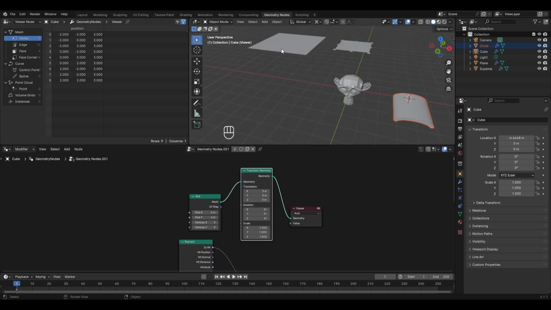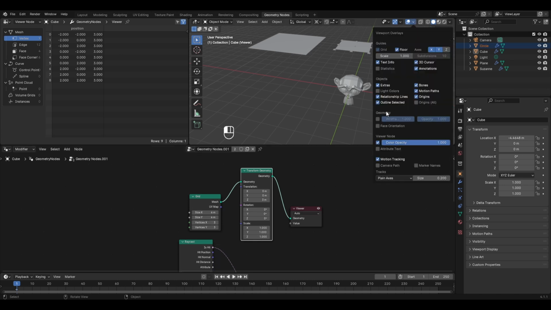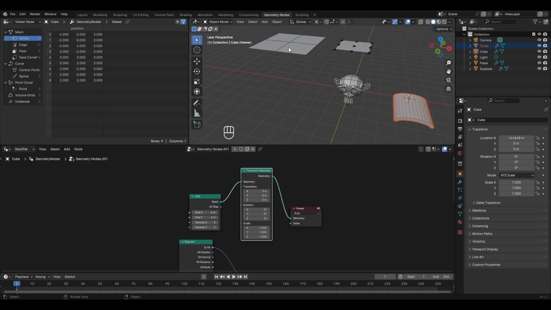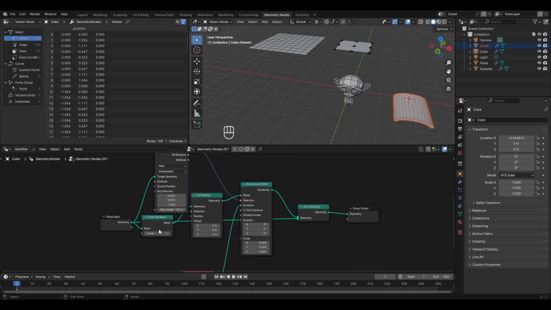Now to give it some more vertices, you can use the vertices option here, and to see those vertices, click on this drop down arrow, and in the geometry section, turn on the wireframe. Now here you can see that we have 4 faces, and if I go to the vertices option here and increase the vertices in the X and Y axis to something like 10, then now the number of faces and the vertices will increase like this. Now since we have basically subdivided our plane by using the vertices option here, we no more need the subdivide mesh node. So I will select it, and to remove it from here, hold down Alt, left click and drag